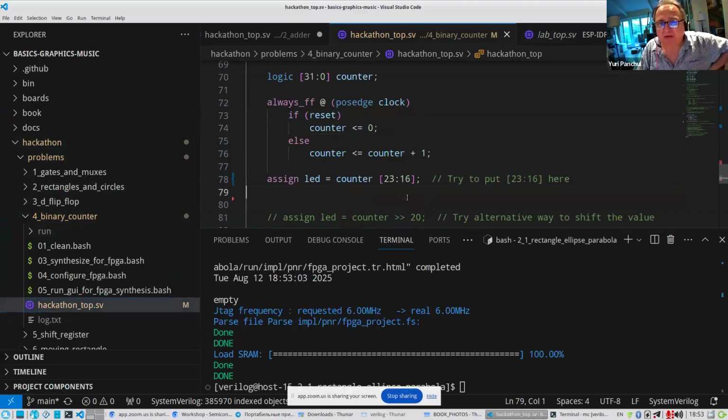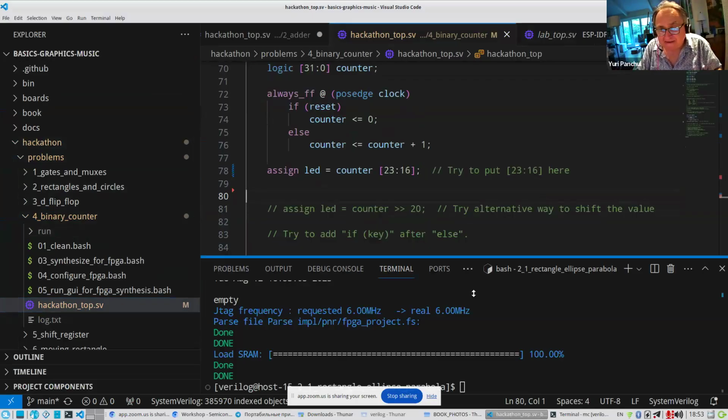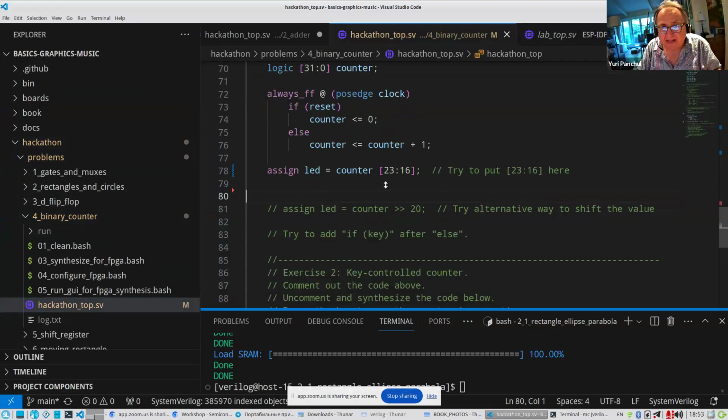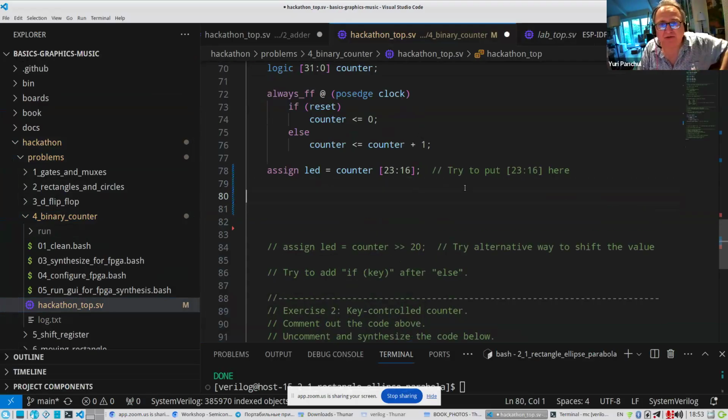What you can do is use some counter bit to create some moving picture on the screen. So let's modify this counter example and create some new code in the runtime.